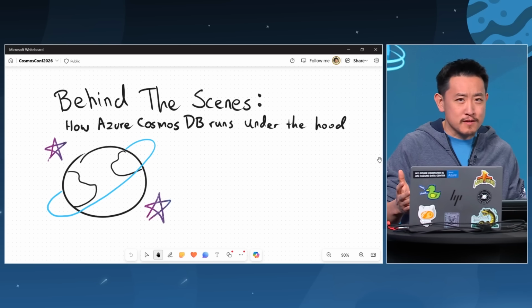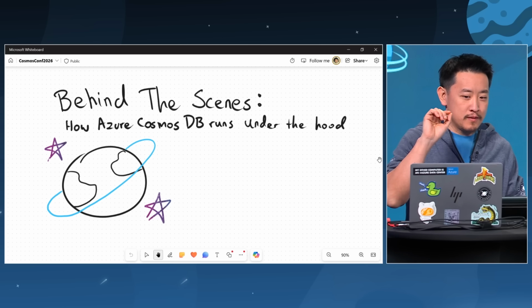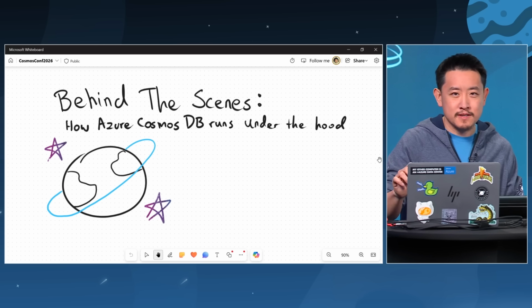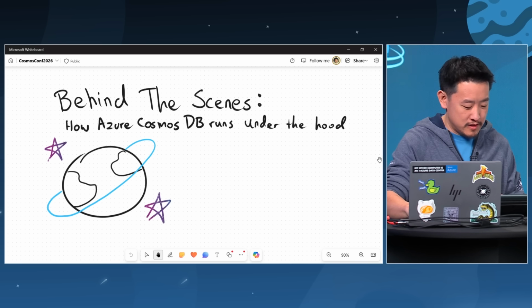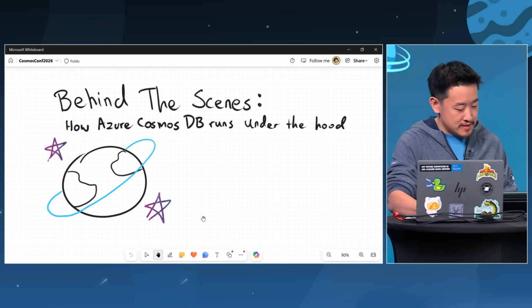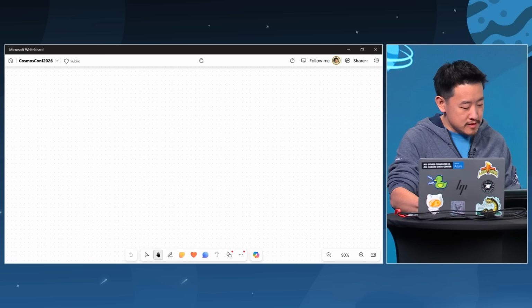We're going to do a bit of an experiment. We're going to do a whiteboarding session, and we're going to go right into this. Have you ever wondered what happens when you go to the portal, you hit create Cosmos DB, and just what happens behind the hood? That's the intention of this session. And so let's start with